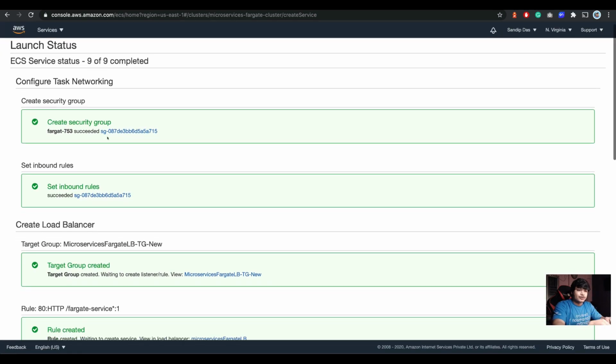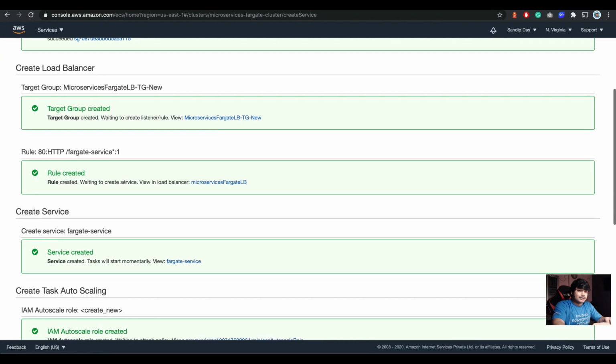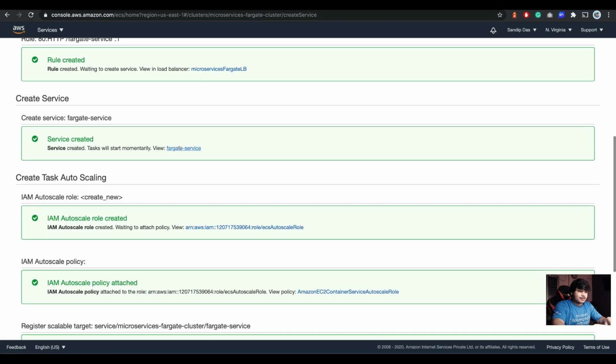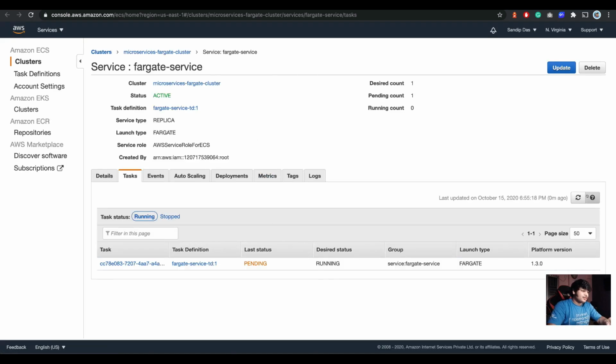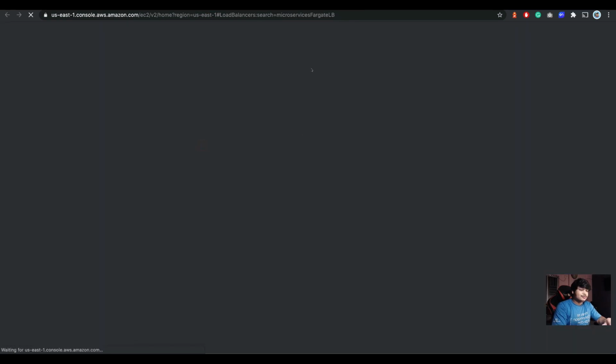See, the security group created, the inbound rules created, the load balancer is attached, the rules created, service created. Click on the service name, and it's in pending state. Give it some time, and it will come into running state. And we can access the application via the load balancer. Don't forget that part.